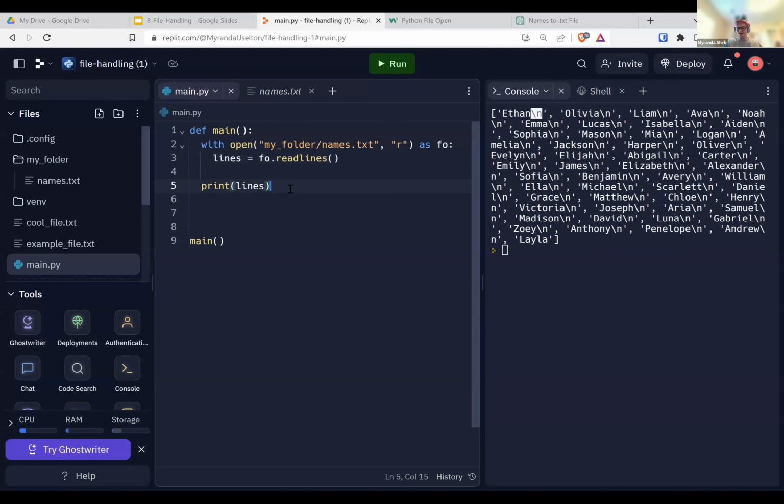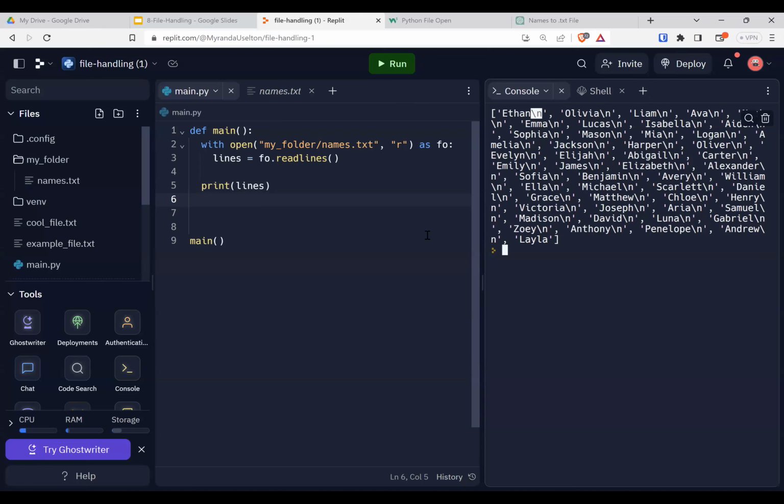Does anyone remember what string method we use to get rid of what are called trailing spaces or these new line characters at the end, extra spaces in strings? Does anyone happen to remember the method? And you are free to Google this. Does anyone remember the method to take off spaces from strings? Sterling, do you know the answer? Sure, I know. So what is the answer? I'm asking you what the answer is. I don't know. Oh, okay. I thought you were raising your hand for it. Okay, we'll see if someone knows the answer.